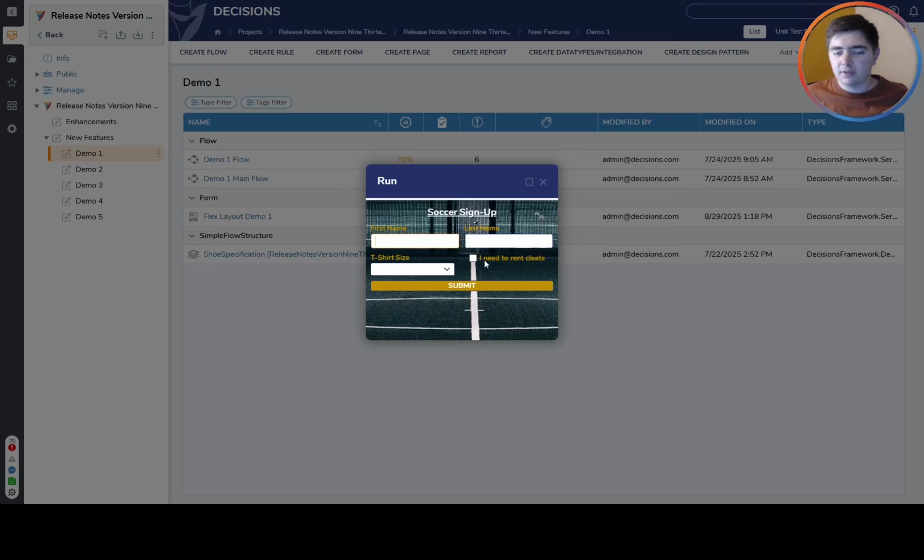Today we are going to be going over something called the Drop Down Descriptor, which is an additional functionality that can be added to the drop down form control to provide more information about the options that are available. For example, in here, when you're specifying your shoe size for narrow, standard, or wide, you have the additional clarification in a different font on the right side of the actual information being presented. And when I select one of these, it is not going to display that additional information, but rather just put my selection up here. So let me show you how you can create something like this inside of Decisions using